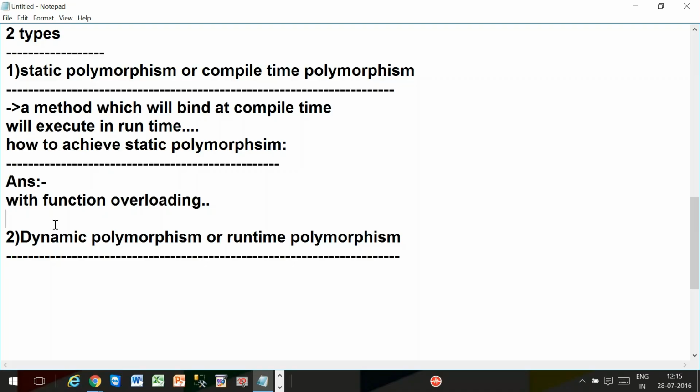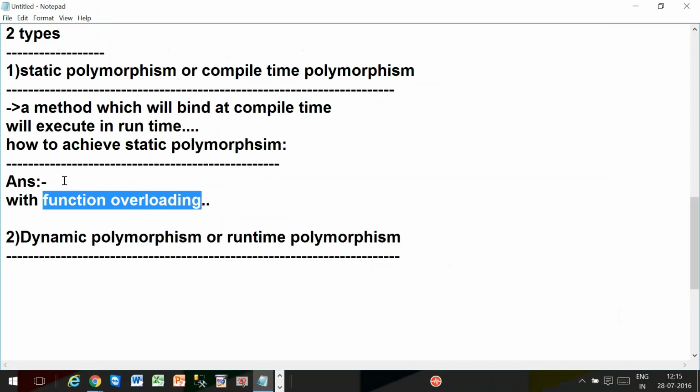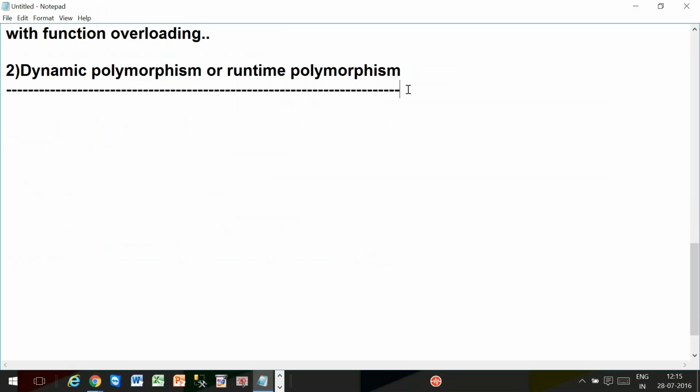When we are implementing the function overloading concept, we can identify static polymorphism. You will see, don't worry. Next, come back to dynamic polymorphism or runtime polymorphism. What is it exactly? A method which will bind at compile time,